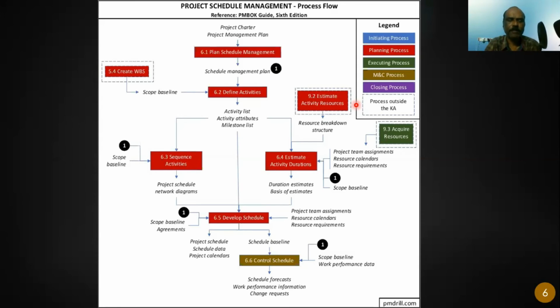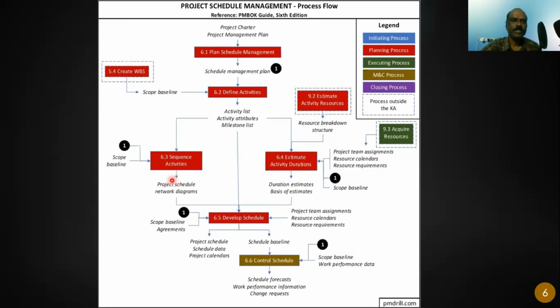So both ways are acceptable. You finalize the resources and then estimate the durations, or estimate the durations and ask for the resources. But typically in the PMBOK guide, what they are saying is that typically the resources become input to durations. Okay, so more or less, you know what resources are available in the organization, plan accordingly. But of course, if on top of that you need some additional resources, then you need to ask for them. Okay, so that is the next step, estimate durations.